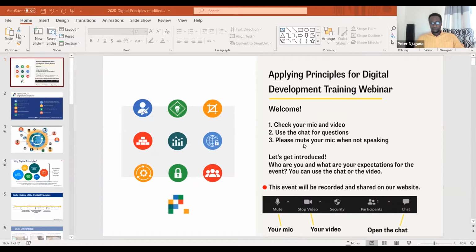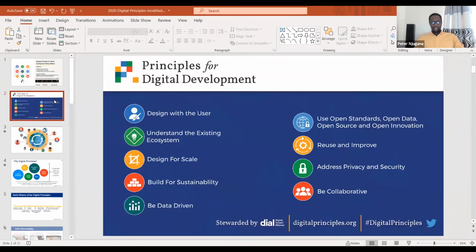And for most of you who attended last year's session, that was an introductory session on the same principles. Today we'll be diving deeper on each of the principles and looking at how and the best ways to apply the principles in our development work. We will be looking at the 9 principles